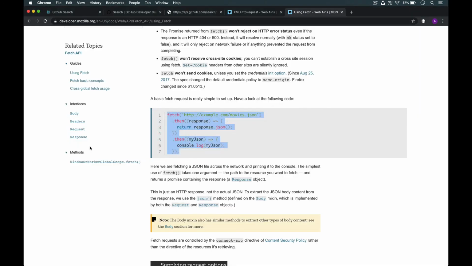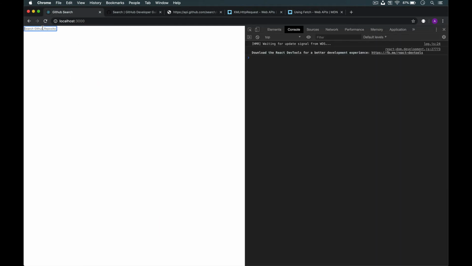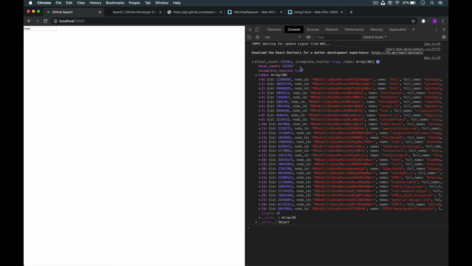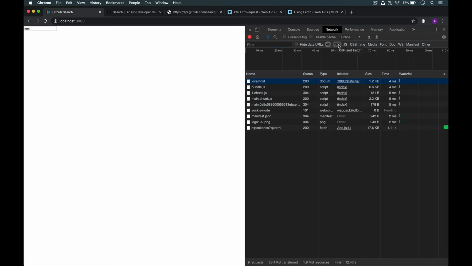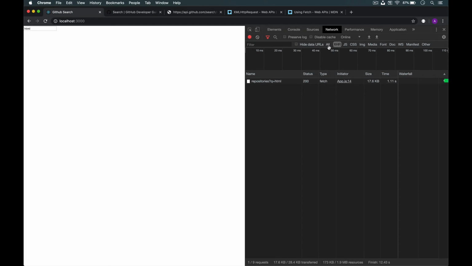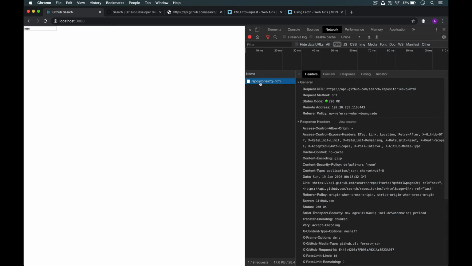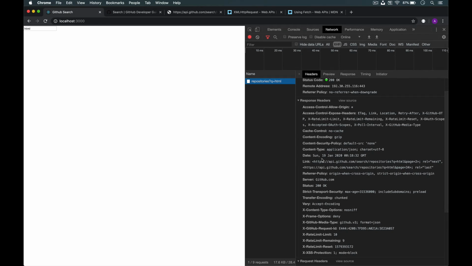So let's go back to the browser and take a look. Type in HTML, press enter. Sweet. So we have our response coming back. So we can see that there were a total of 525,000 repos that matched our query. But we got back 30. That's good. And you can also alternatively take a look at the network tab and go to All or XHR if you just want to take a look at XML HTTP request or fetch methods. You can click on it and you can look at all the response headers that came back